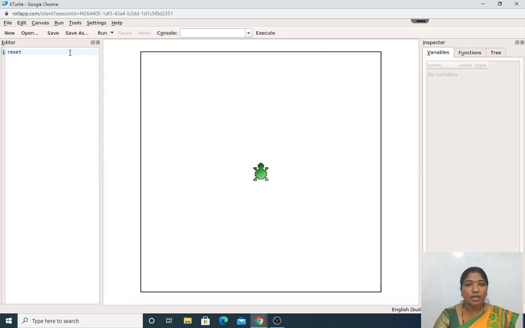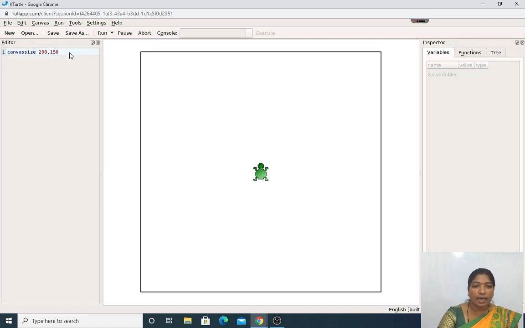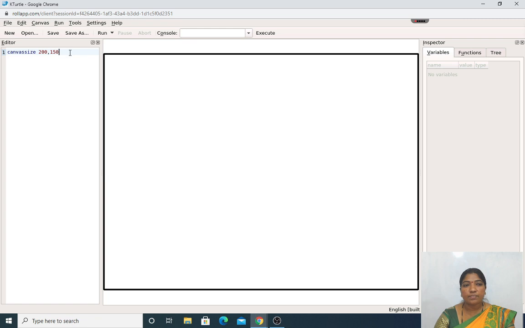Again refresh it by pressing F5, and again canvas size to 200, 150. Here it will change the width of the canvas and then the height of the canvas. Let us run it. Did you notice it? It has changed to 200, 150.